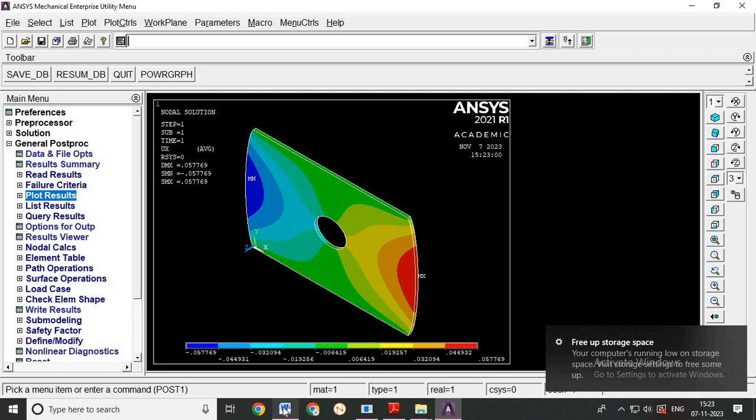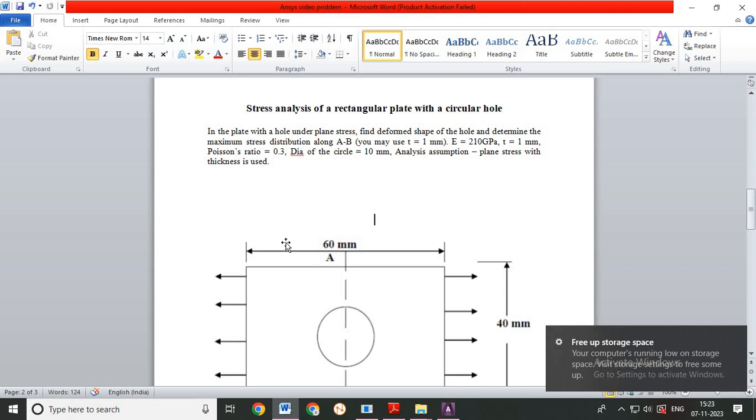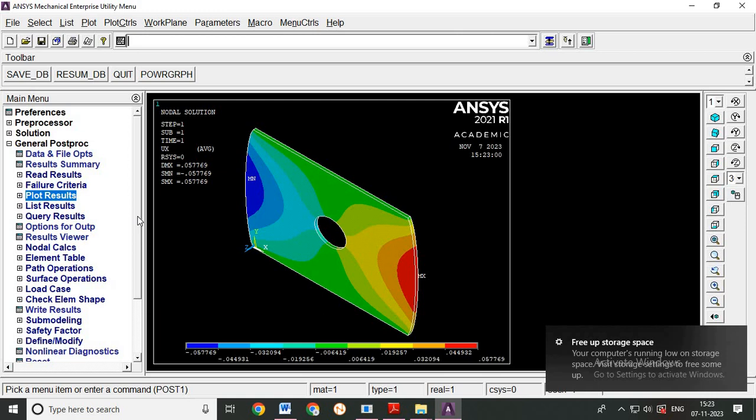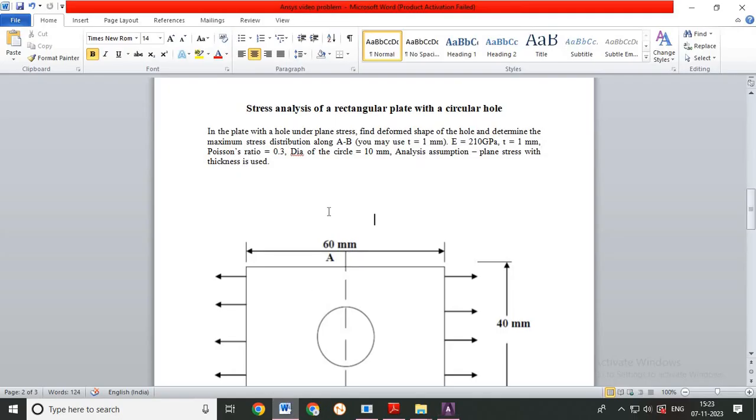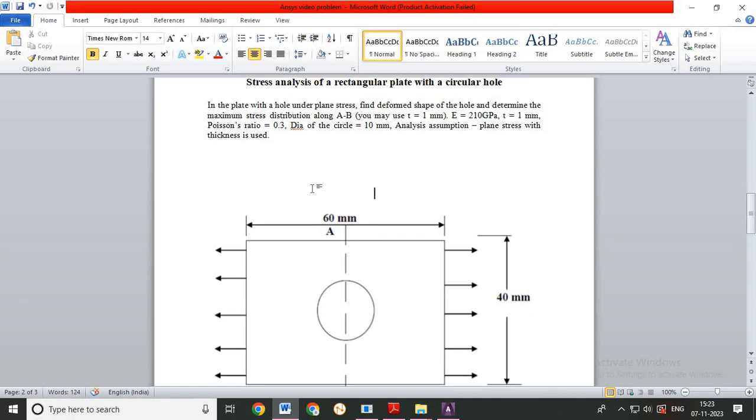This is all about the problem that we have discussed, the stress analysis of a rectangular plate with a circular hole. You can also vary the holes in the plate with different positions. Suppose I want to put these holes at the corners of the plate, you can modify your geometry and go for the results in the same way. The problem is defined as per the data, and it is possible to solve the same problem with